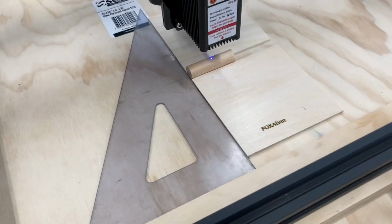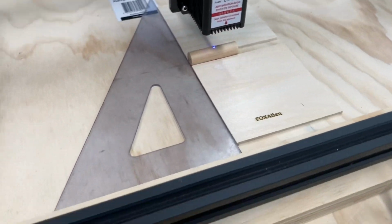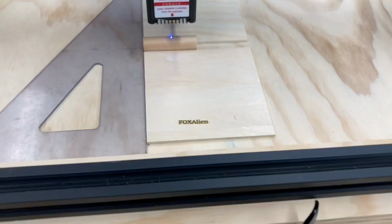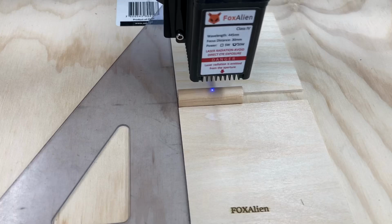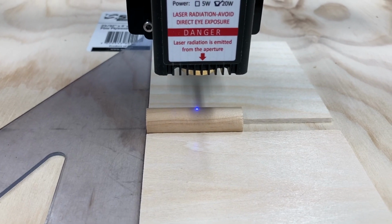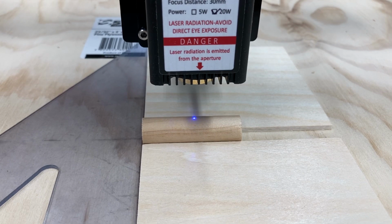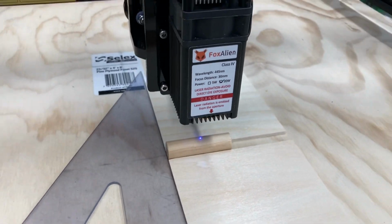So this is the setup that I have. I have the piece of wood in here to make sure that it stays square on the X axis. My triangle takes care of being square on my Y axis. Then I have two pieces of wood in there to support the dowel rod. The fire button with a 0.5% power is showing the alignment that I have, where it's dead center on top of the dowel rod. So let's go ahead and